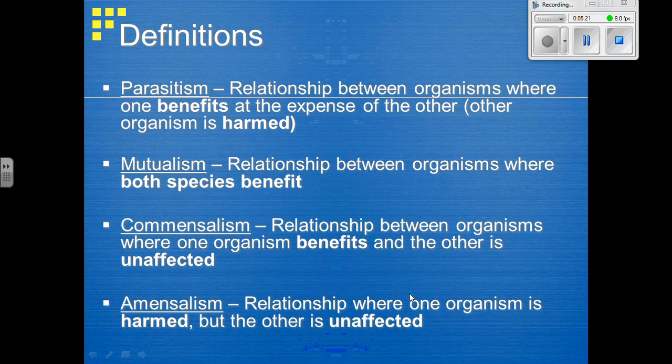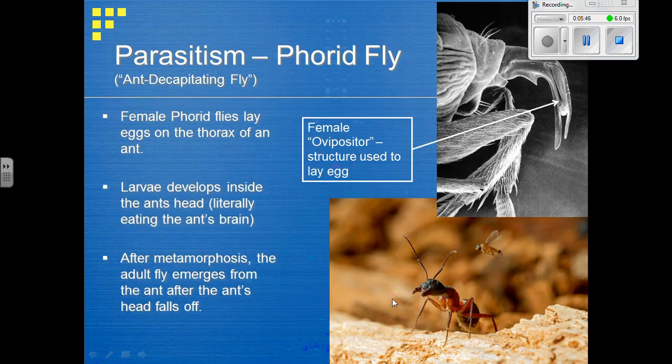Antibiosis is another example, where an organism secretes, and that word means releases, if you're not sure, a chemical that harms or kills the other organism, but of course itself is unharmed. So I would like you to come up with an example of amensalism, either looking that up or in your own notes, or just knowing it from prior experience. I'm going to flip through some pictures here. Here's our example of the fly, planting its larva inside the brain of the ant.